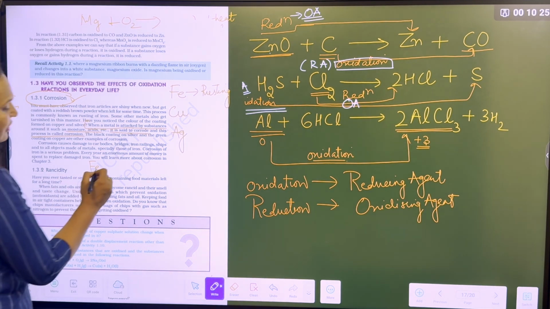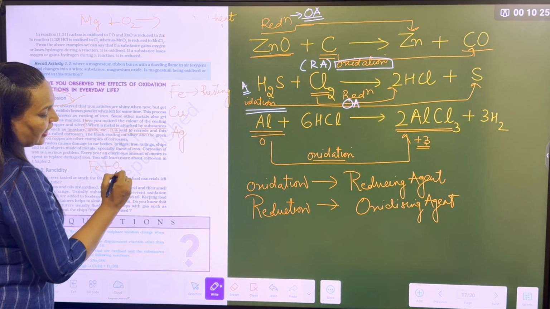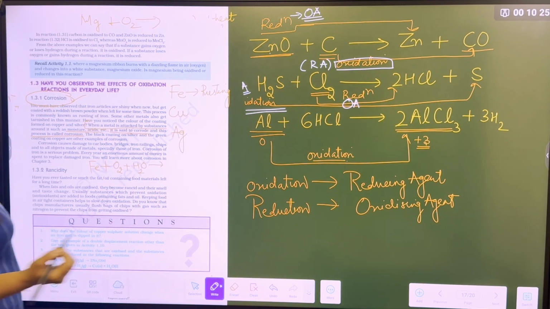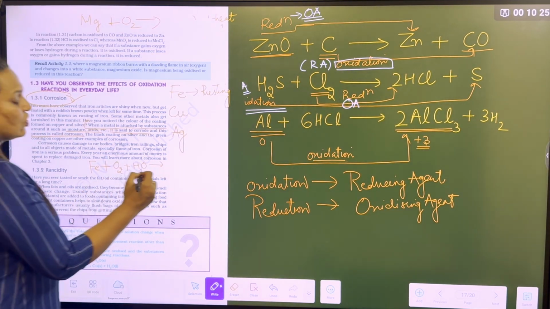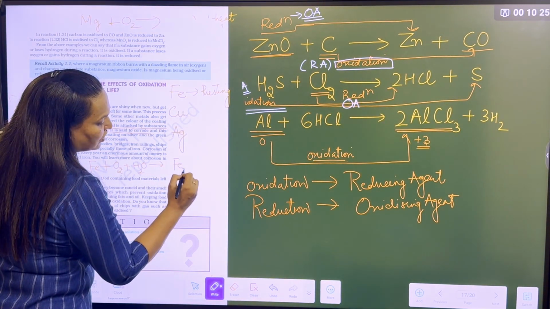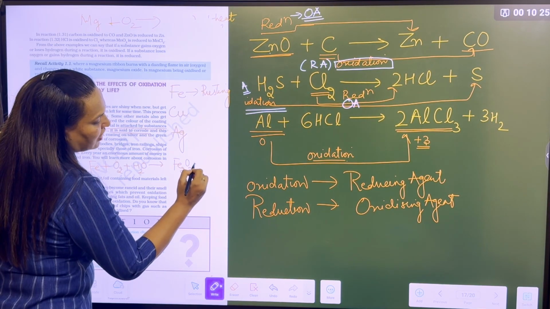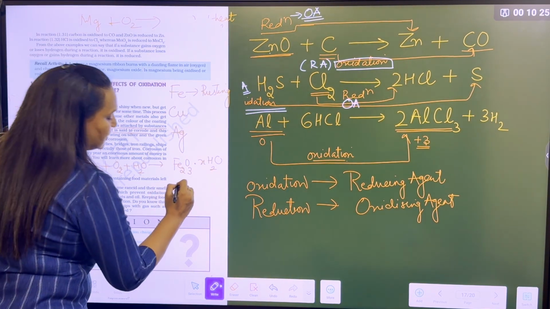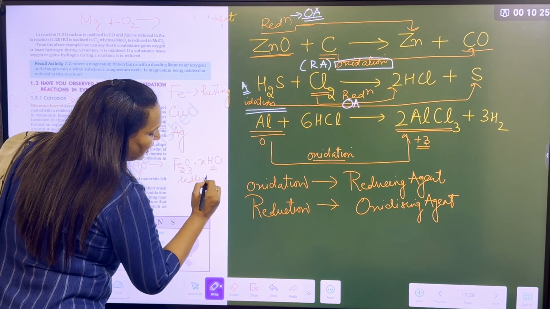Because iron reacts with oxygen and moisture in the air. It does not happen immediately. It takes a long time. So it forms Fe2O3 x water. X means there is no fixed number of water in the rust. It is a reddish brown color compound